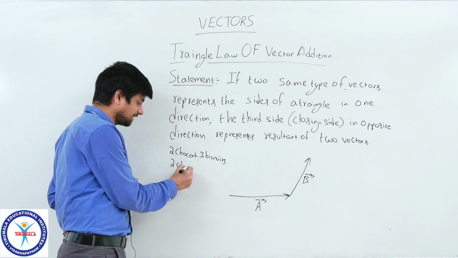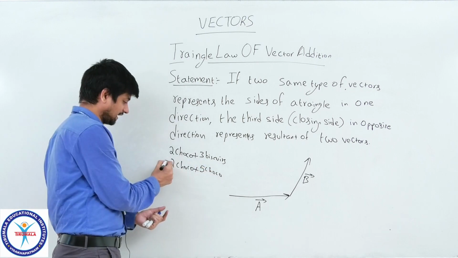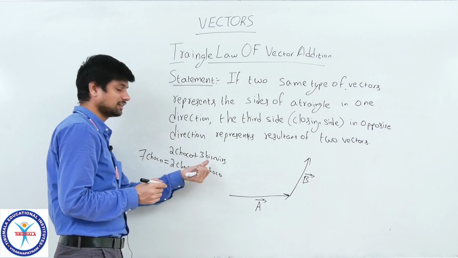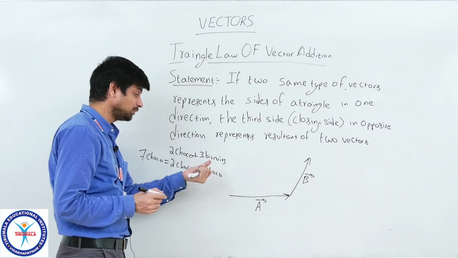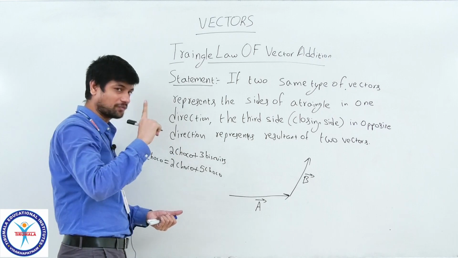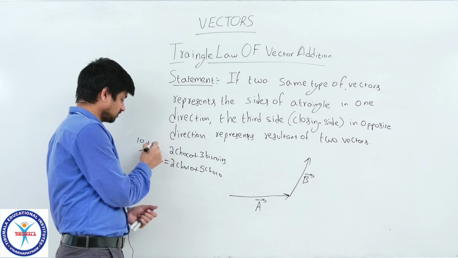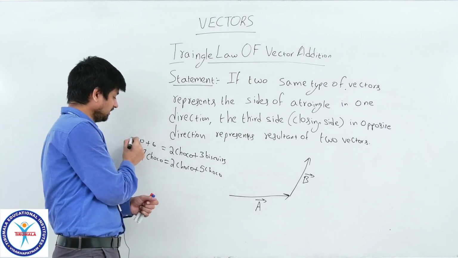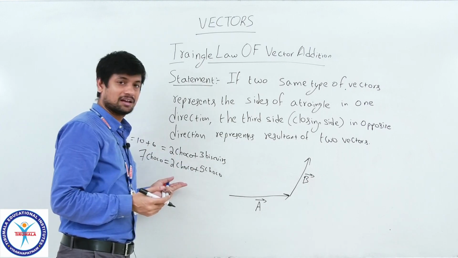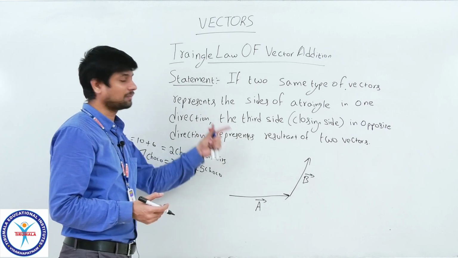And your sister has 5 chocolates. Can I add now? Yes, I can add: 7 chocolates. But biscuits and chocolates, can we add? No. But what should I do? If I convert both into one form, how? 2 chocolates, each one 5 rupees, so 10 rupees. 3 biscuits, each one 2 rupees, so 6 rupees. In this way I can add, but I should not change the nature of the quantity which is being added. That is not possible with vectors.